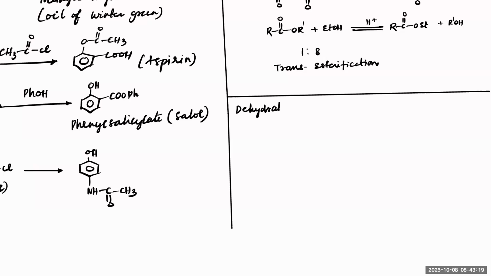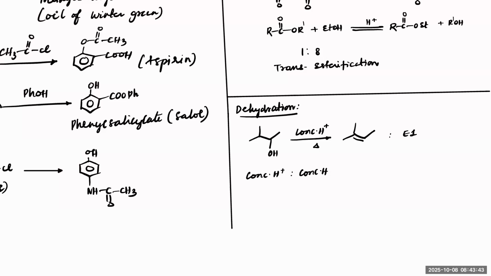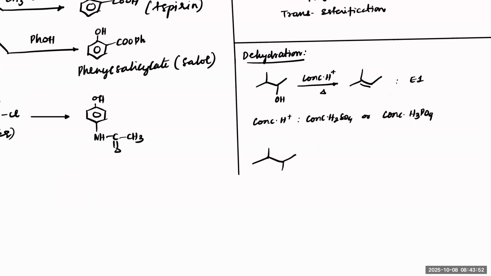Dehydration, we have learned this as a part of elimination already, correct? So if you have anything like OH here and you are using concentrated H plus and heat, that will lead to dehydration and it will go via E1 mechanism. Concentrated H plus, you can get it from concentrated H2SO4 or concentrated H3PO4. Got it? You can do the same reaction with E1 mechanism with